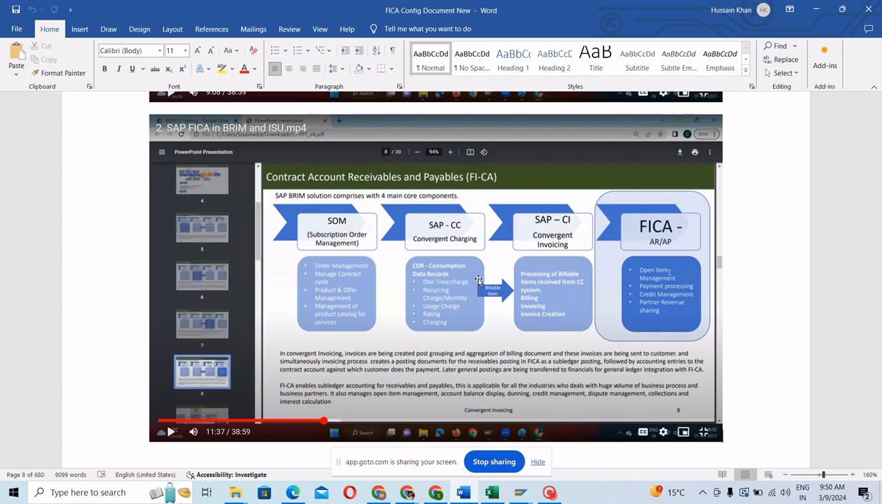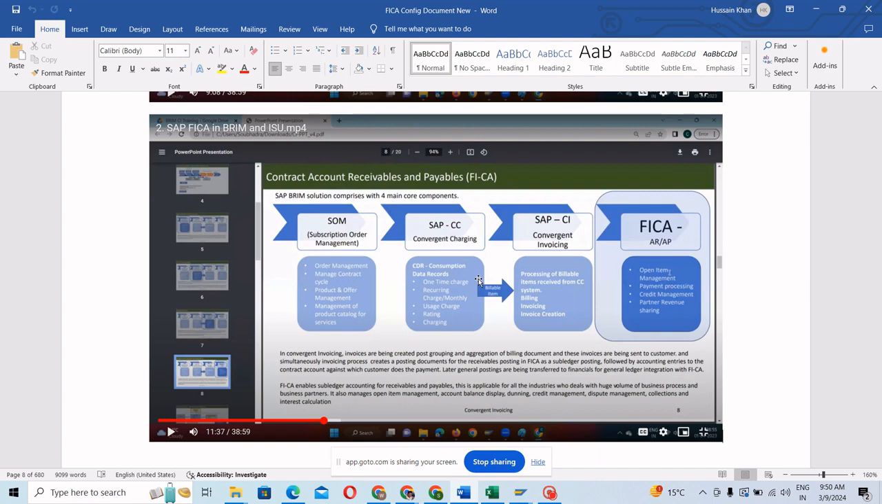See, are you able to see the screen? Is my screen visible? Yeah, okay. So see, in BRIM, basically there are four components. One is SOM, one is CC, CI, and FICA. So today we are discussing FICA, and we will be covering the FICA part of BRIM. But in ISU also we have FICA, but there are different components like device management, billing, invoicing, metering, and all. Right, these are the core components